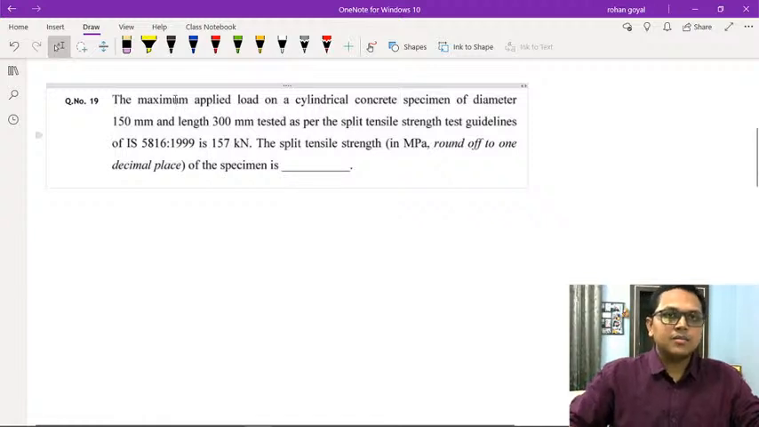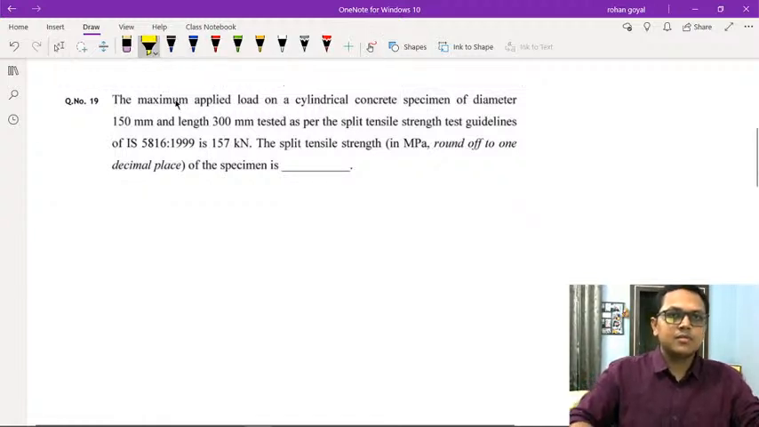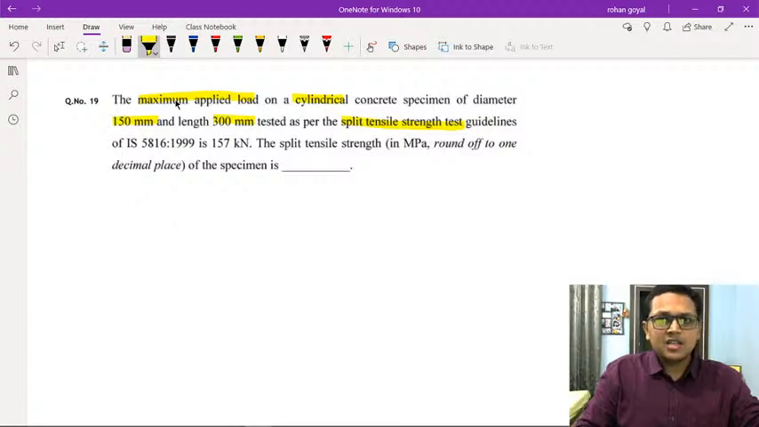So in the question, the maximum applied load is given at which a cylinder specimen of dimensions diameter 150 mm and length 300 mm is tested as per the split tensile strength test, and the maximum load implies that the specimen fails at 157 kilonewton. Now this IS 5816 is a code given by the Indian Standards to give the guidelines how this test shall be conducted. Now in the question it has been asked